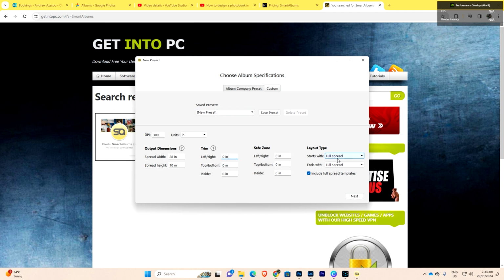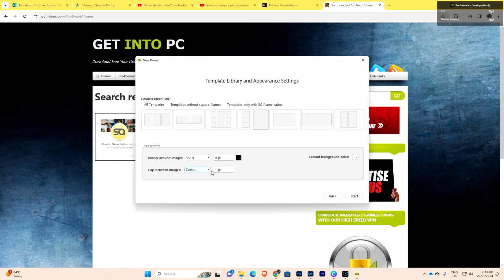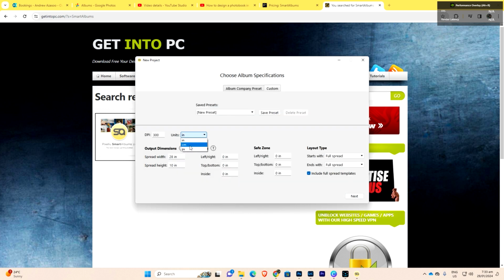I'm starting with a full spread and then ending with a full spread. So this is the size I'm doing. DPI is 300 and then the unit. So I'll go to Next. Now the gap between images, I sometimes use some value for it, or I can even go back and use pixels and put in. So I'm going to use just 3 for the trim,